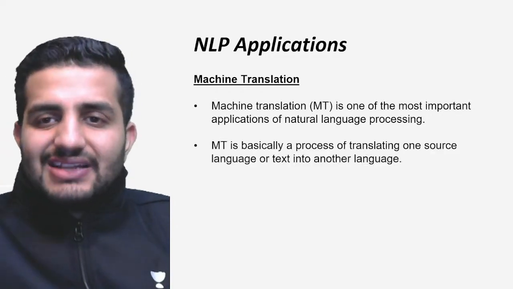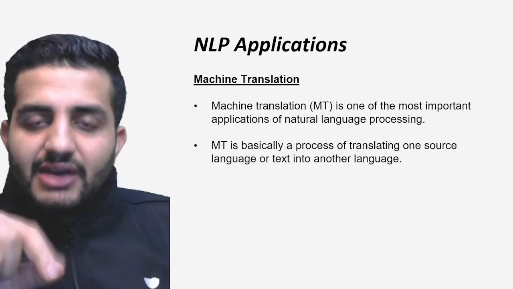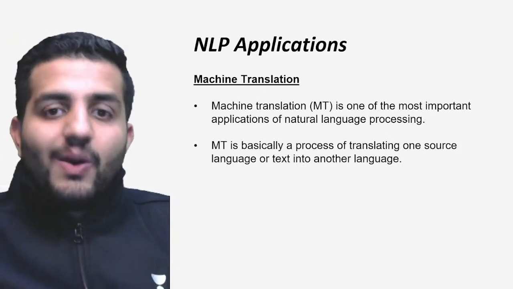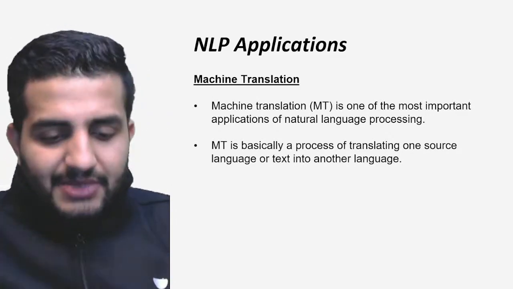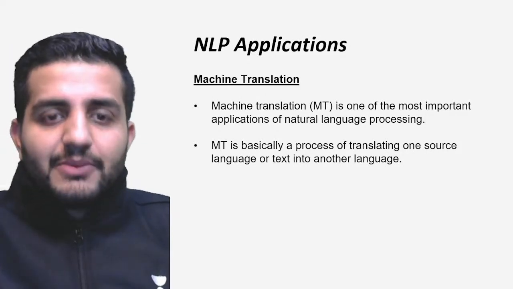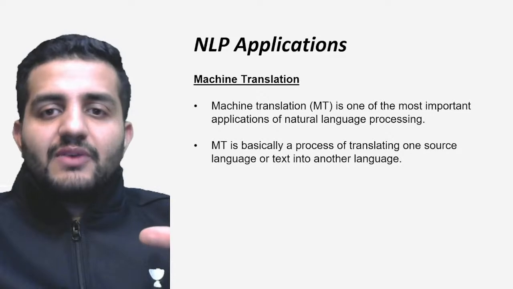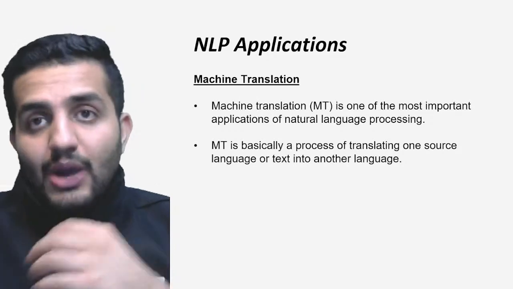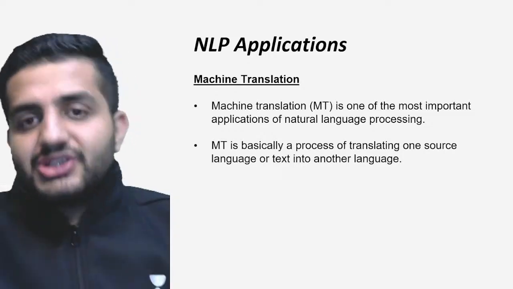So as I said, machine translation is one of the important applications of my NLP, right? So here what we are doing, we are basically doing a processing of my translation from one text language to another text language. For example, I have say something in Spanish and I don't know Spanish, but I know English. So I'm telling the machine to take an input of a text in Spanish and give me the translation of that same Spanish text into English, right? And now I can understand English. So the translation work is what machine is doing for me, right?